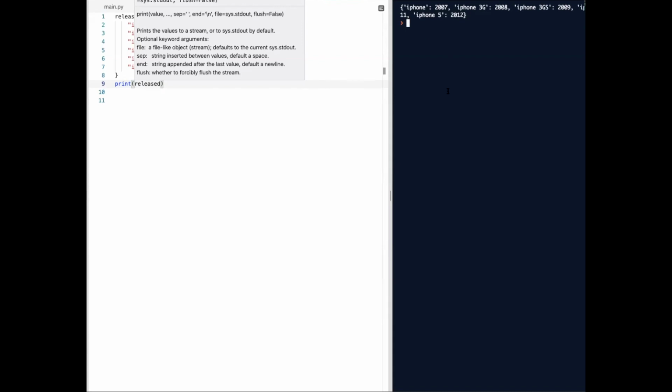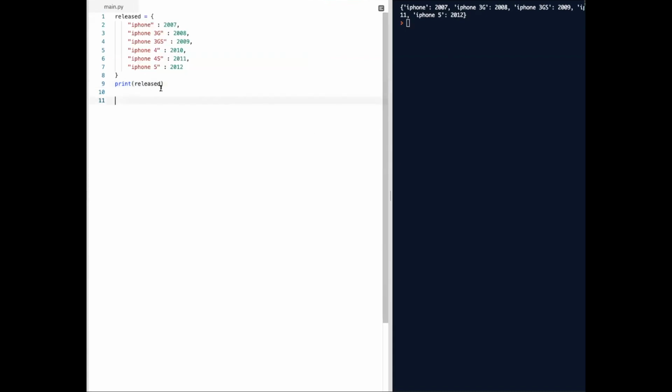You get your key value pairs printed that way. Now, some of you ask me, why can't I use a list? Well, how do you put this in a list? You have to have two lists, right? So basically you have to have an iPhone